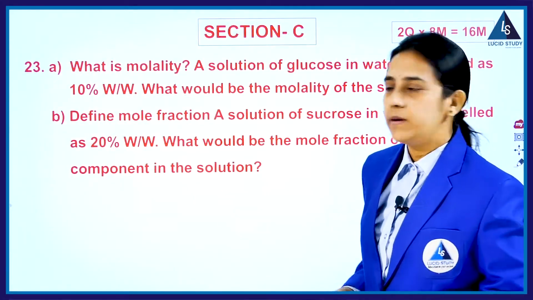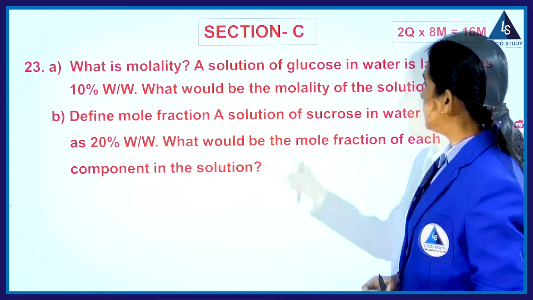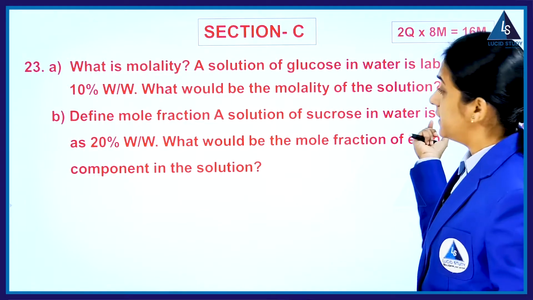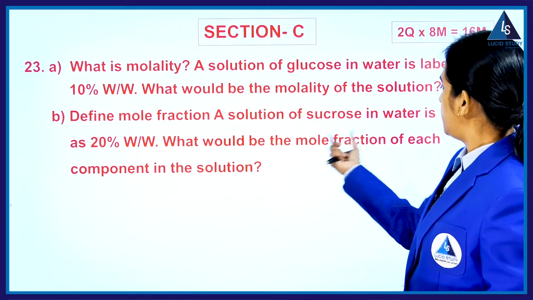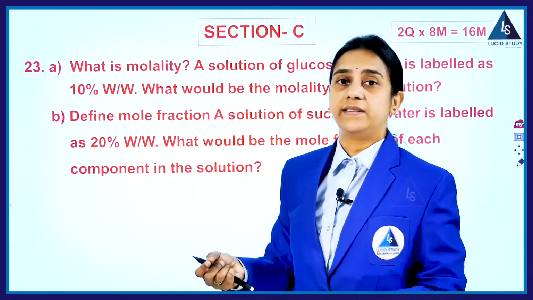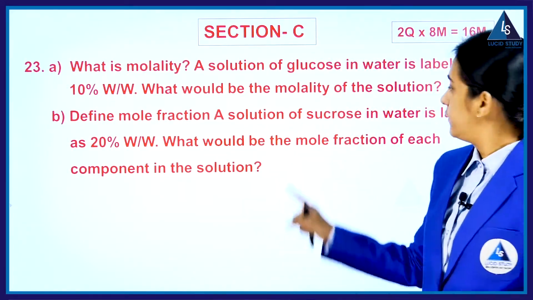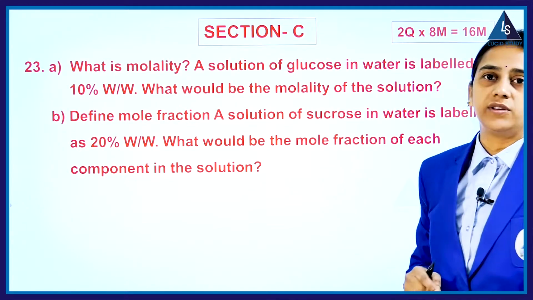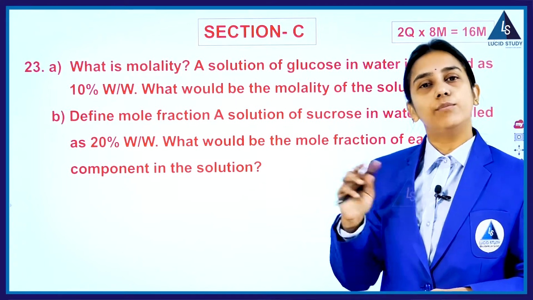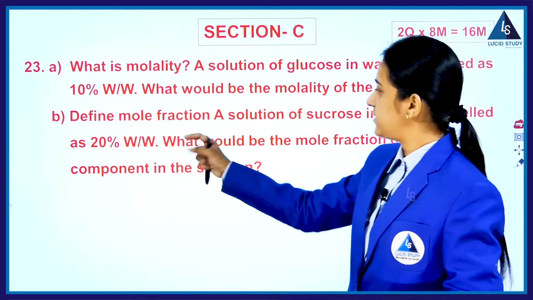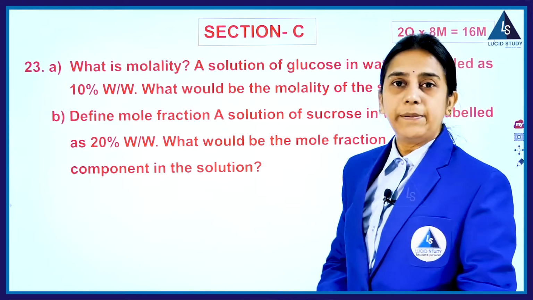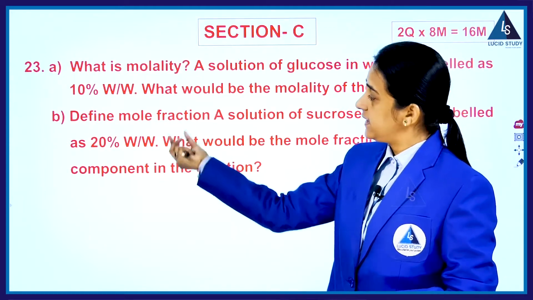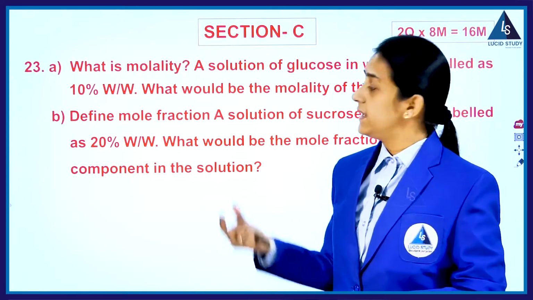Next, do the problem based on the mole fraction. A solution of sucrose in water is labeled as 20% W by W. What would be the mole fraction of each component? So we have to find the mole fraction of sucrose and water. Na and Nb, both we have to find. And what information has he given you? 20% W by W. 20% W by W means 20 grams of the solute is present in 100 grams of